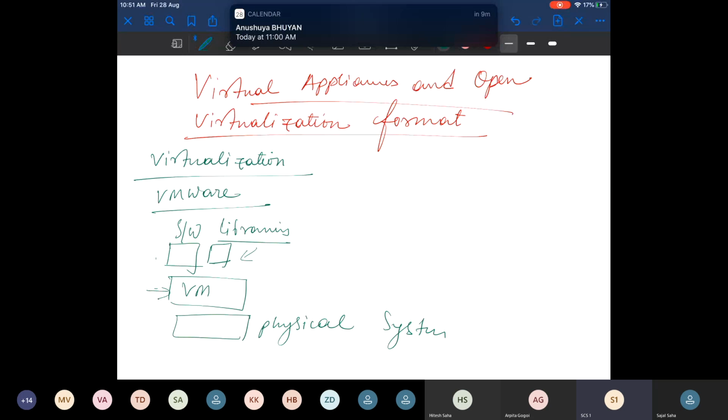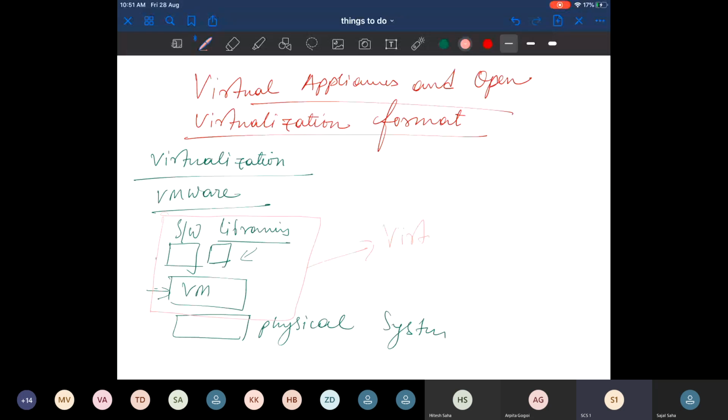Now, on top of the virtual machine, if you install the related software and libraries only, then it becomes a virtual appliance. एक चीज यहाँ पे रहता है, that is your operating system. OS के बिना you cannot install the software and other things, right? Now